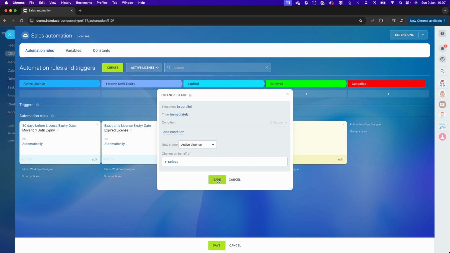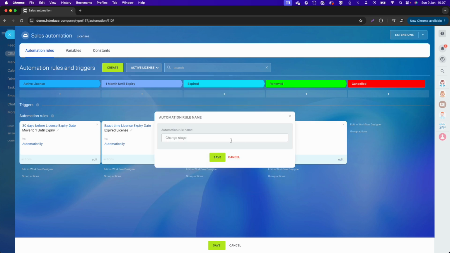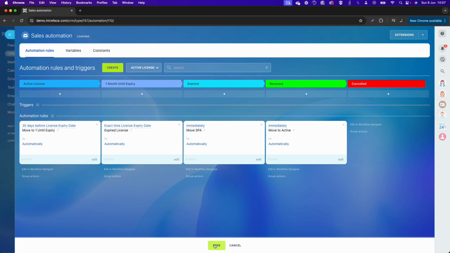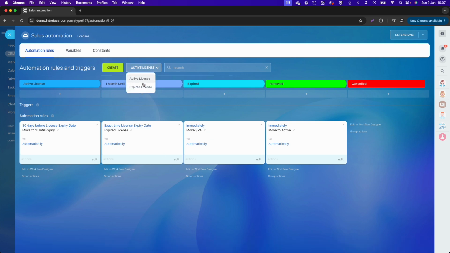And that's it. That's all we need to do on that one. And then finally, what we'll do is we'll save this pipeline, and then all we need to do is move to the next pipeline in here. And what we might want to do in our expired license pipeline